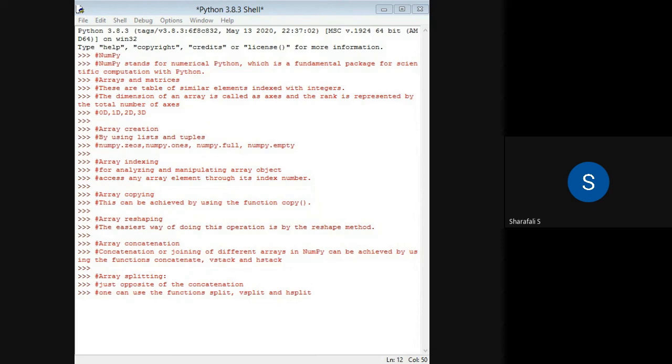Okay. So now we'll directly go to the programming section, and you will be able to understand these methods much more deeply. Okay. So first we'll consider the different dimensions of an array. Okay. So first we have discussed that we can have zero-dimensional array, one-dimensional array, and two-dimensional array.